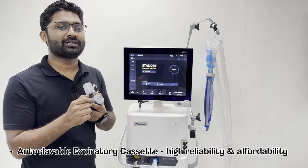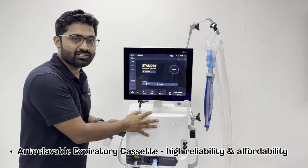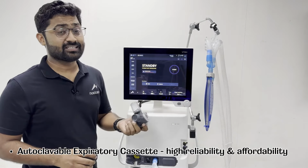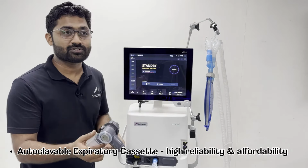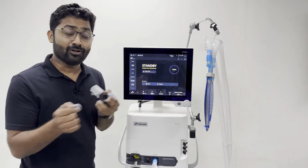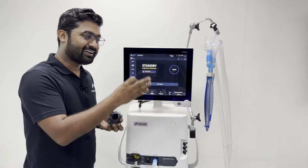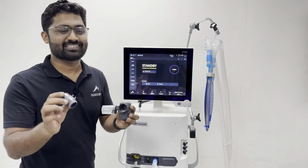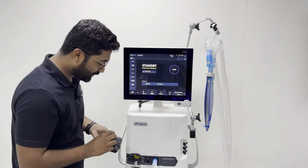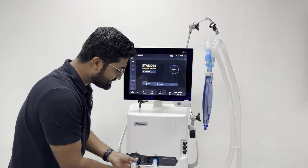The unique part about our expiratory cassette is, first, we have moved all the electronics inside the machine, so that automatically this expiratory cassette becomes very affordable, and in cases of positive patients, you can dispose of this particular expiratory cassette, and the cost of disposing it is very minimal. Also, this does not have any moving part inside it, which ensures that the accuracy at day 0 and day 700 remains the same, and it can be autoclaved, as well as ETO options are available. Now talking about the oxygen sensor, as I have already briefed you, changing an oxygen sensor is just like changing